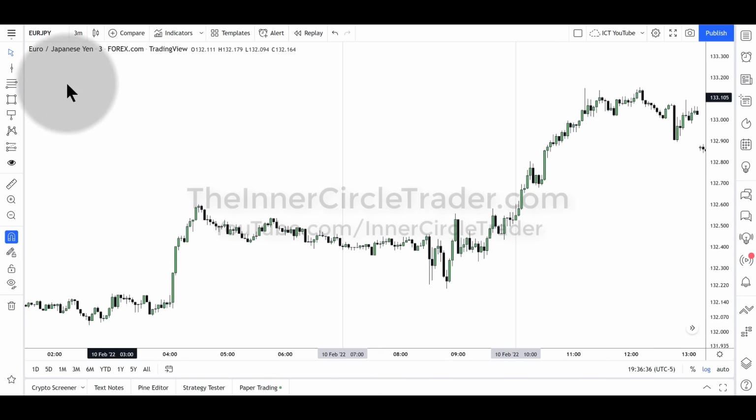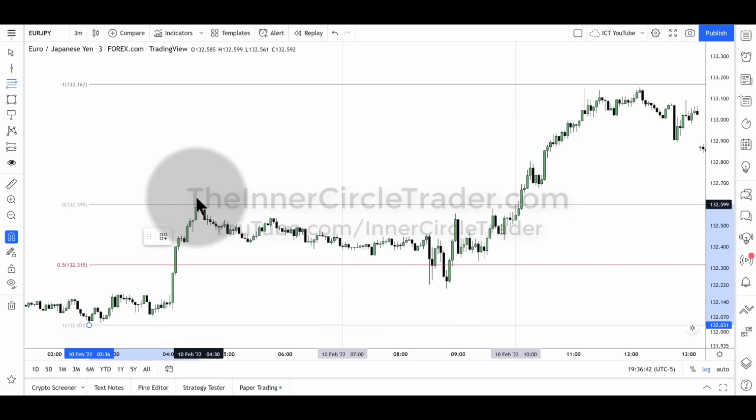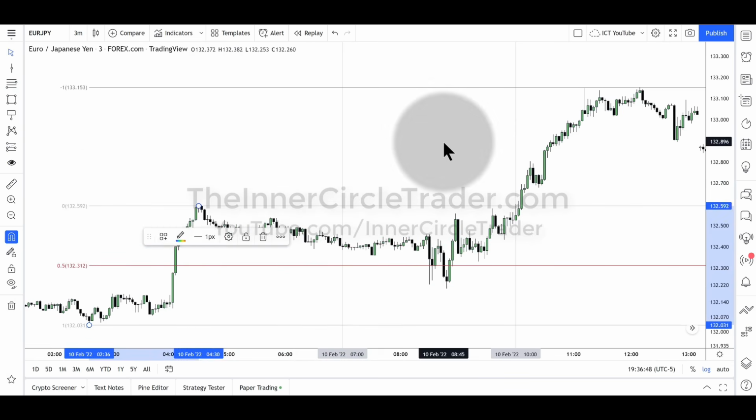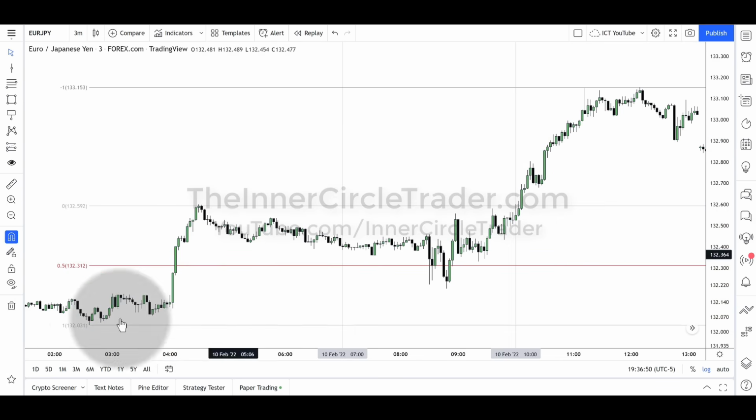How can we know? Well, I like to take a fib. Anchor it to a previous swing. Okay, so from this low to this high, after we leave this consolidation and start to trade higher,